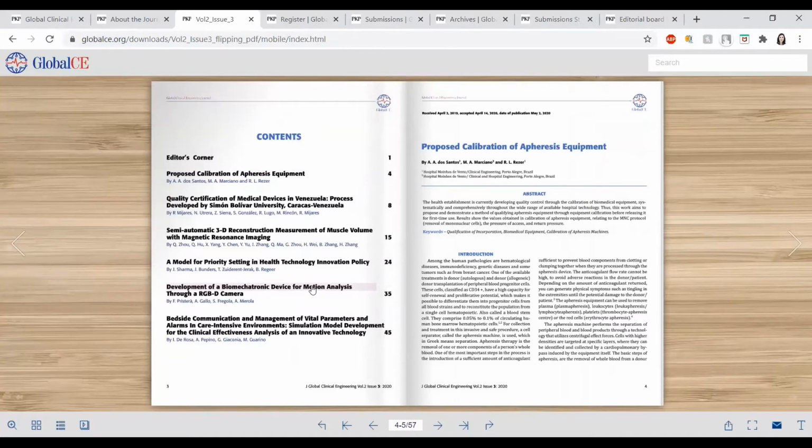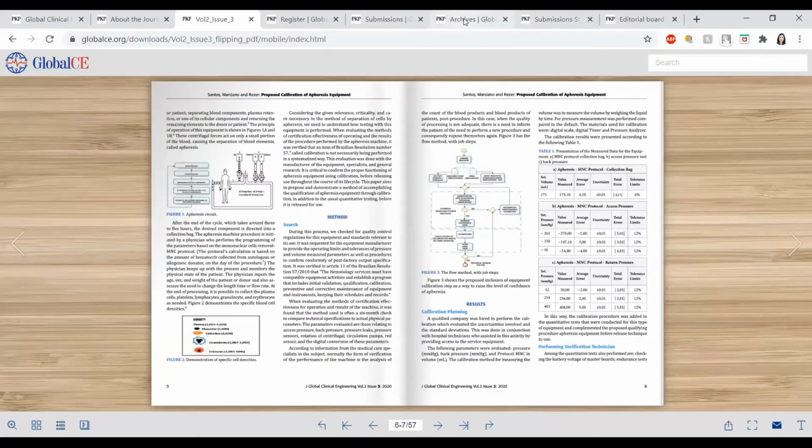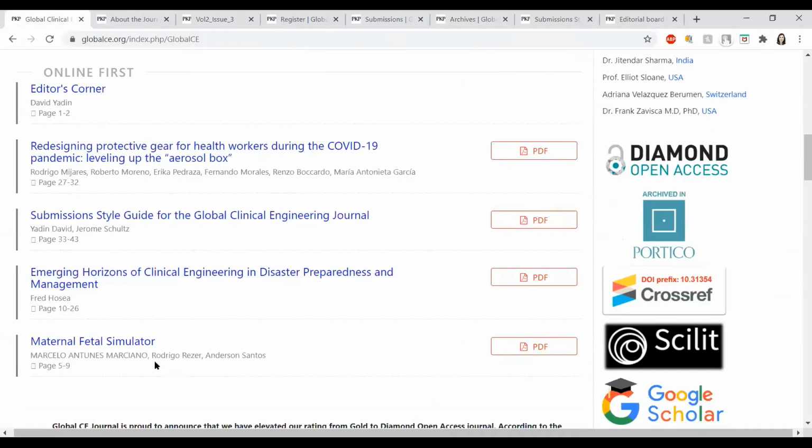Very interesting platform, very helpful. We also have an opportunity to have what's called First Online. This issue has been published and is already complete. But in order to avoid